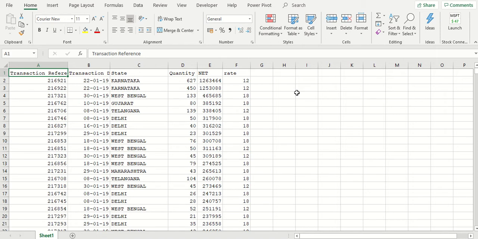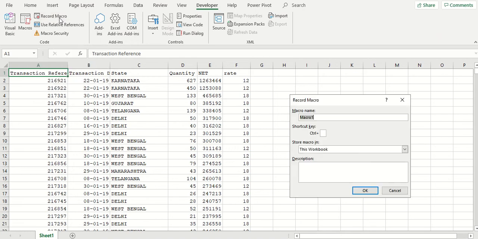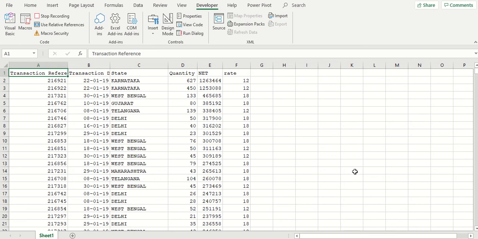So how to record it? You need to activate your developer tab, which is here. In this, you have to go to Record Macro. It will ask you a name. You can write whatever name you want, except it should not have spaces. So I'll just write sales. I just want to run this in this workbook, so I'll say okay. Now you can see it has started recording my steps, and it has activated stop recording. Whenever I stop, it will record all the actions till I press stop.